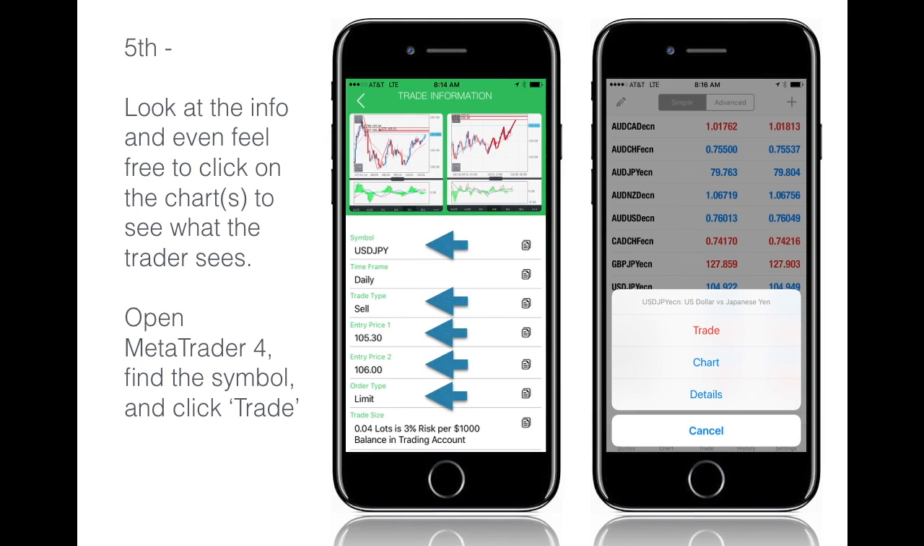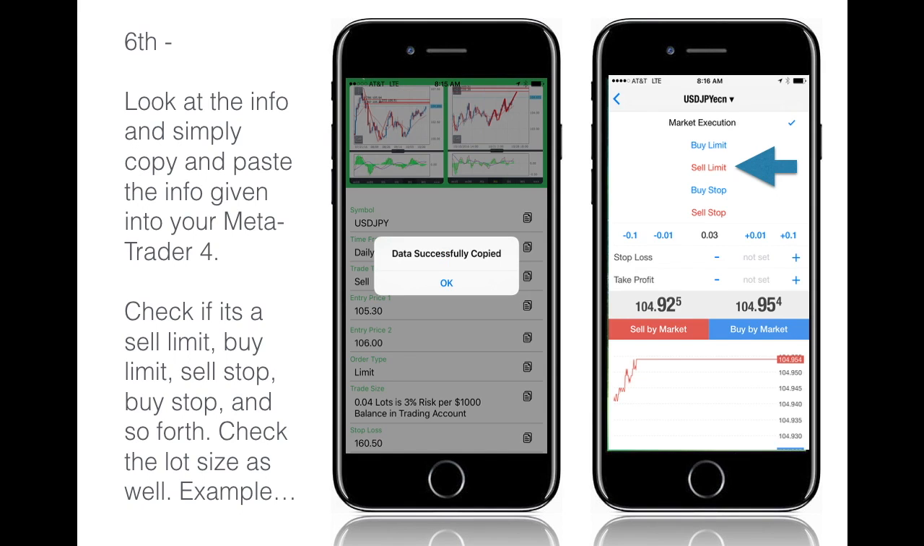You may say, well, I don't know if I want to risk that much, whether it's profit or loss, so maybe do half of that. So it's just up to you, but the traders just give recommendations for what to put through on the lot size, okay? Now, what you do is you simply just look at the info, you copy and paste,